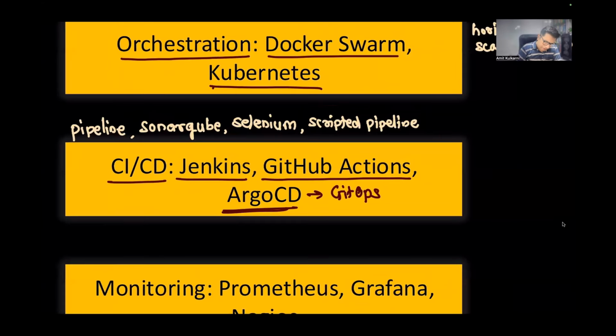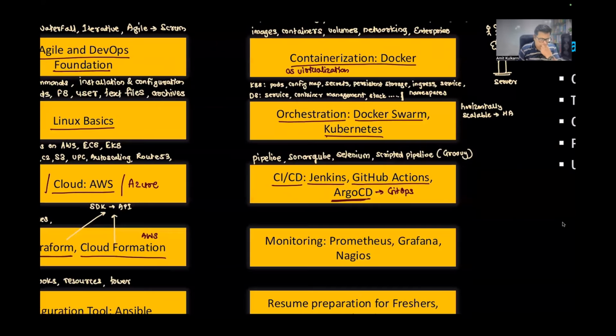For the scripted pipeline, we have to learn a language called Groovy. And it's very simple. Don't worry. It's not a very big language as such. It is similar to Java. So those who know Java, you'll feel at home. It's even simpler than Java. So we'll talk about this in terms of the Jenkins scripted pipeline. It's very important for you to know how to do that scripted pipeline, because with the GUI you will again forget the steps later. So it's better to write the scripts inside Jenkins as well.